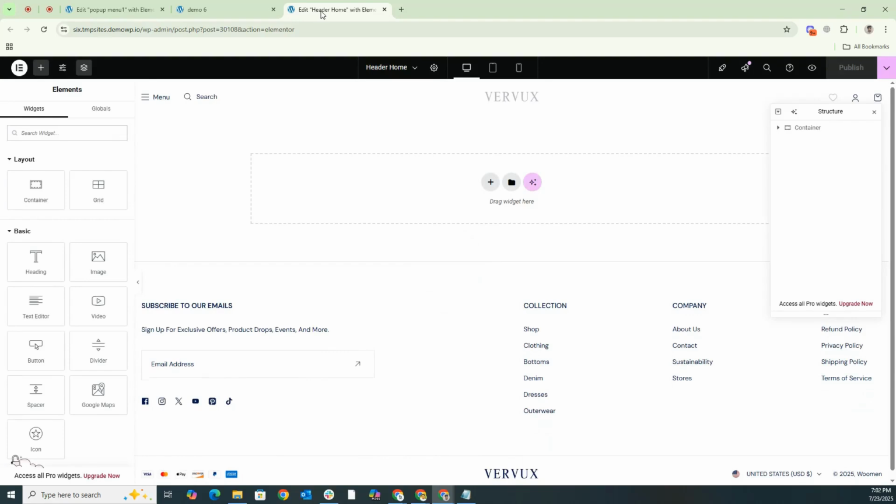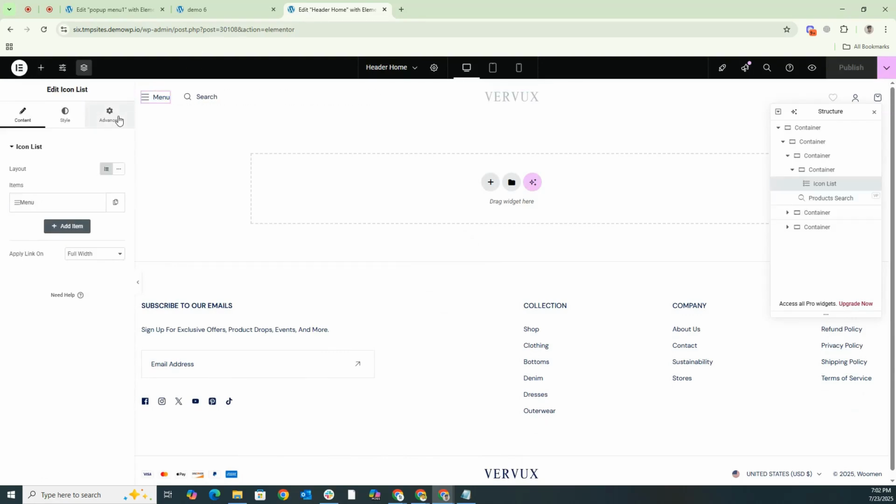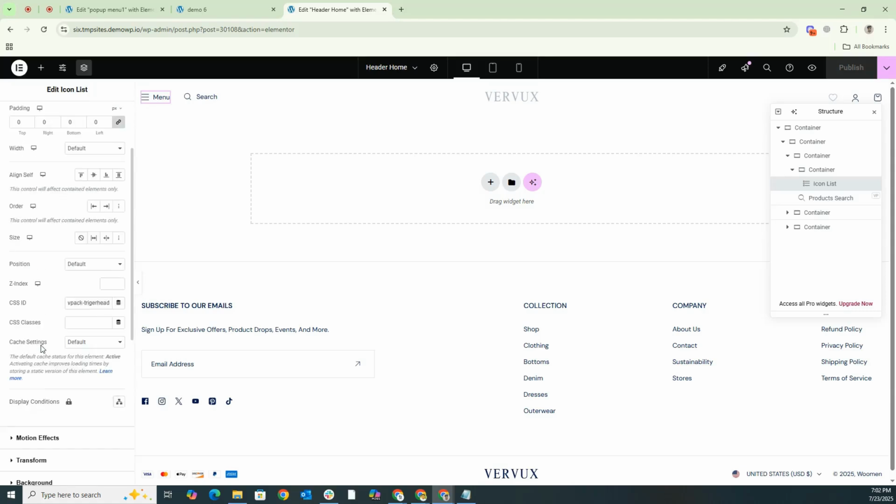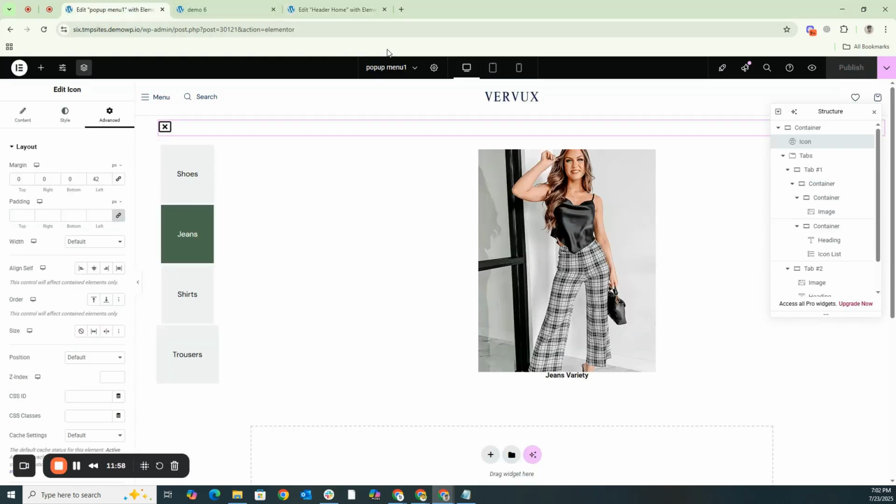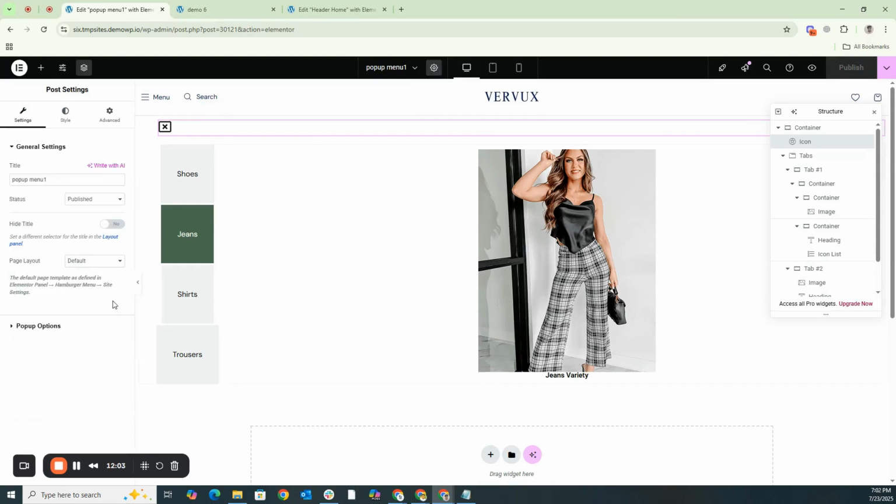It is essential that you learn and understand how to properly assign your custom design pop-up to its intended location. In the header menu, when you click on the menu and go to the Advanced tab, you will see that a CSS ID is already assigned, which is for our first pop-up menu. So here we'll assign the ID of our own pop-up menu. To do this, go to where you created the pop-up. You'll see an option for post settings, click on it. You'll have an option called pop-up options.